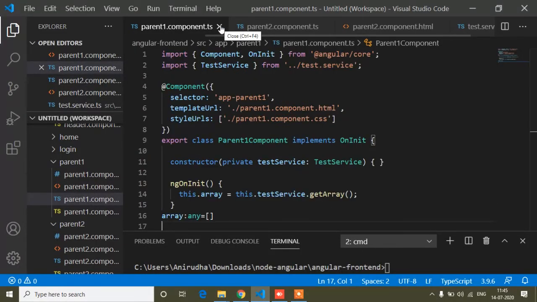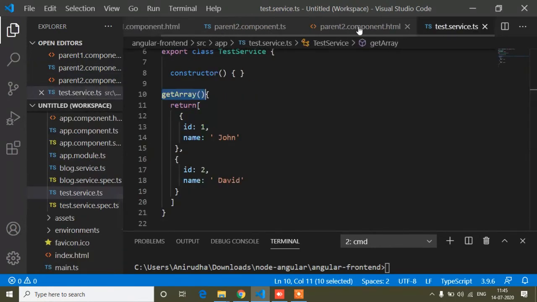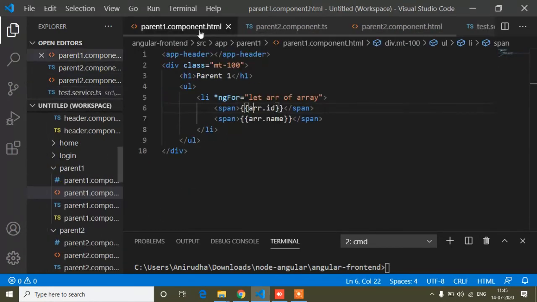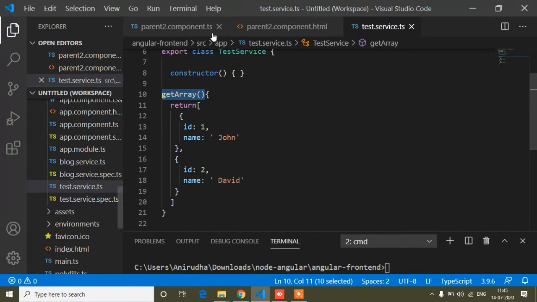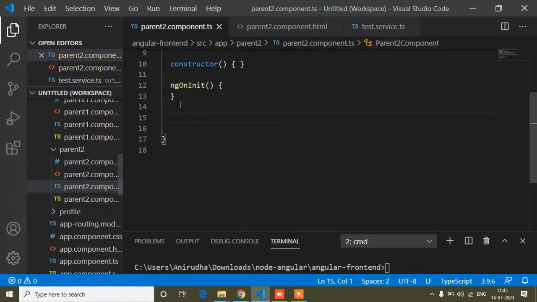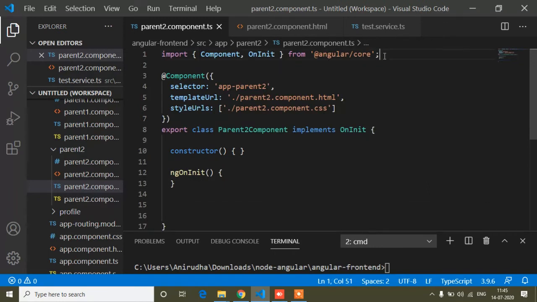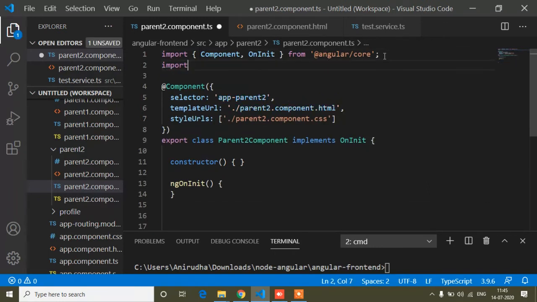So I will remove the parent one component.ts file and the parent one component.html file. Inside this parent two component.ts file, I have to import our test service in the same way.